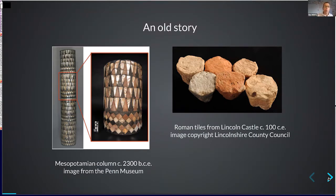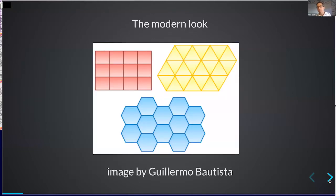What are these showing? Well, obviously, we have a bunch of repeated little shapes that are being used to fill up an entire ground with a repeating pattern. And these kinds of patterns have stuck with us over the many centuries and millennia. So here's a modern look at these very similar tilings. These are equilateral triangles. It's not exactly the same shape of triangle we had before. But we get the basic idea that these shapes are fitting together, they're repeating, there's no gaps, there's no overlaps,